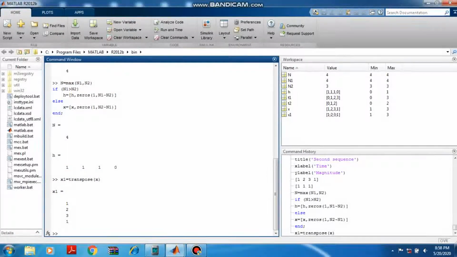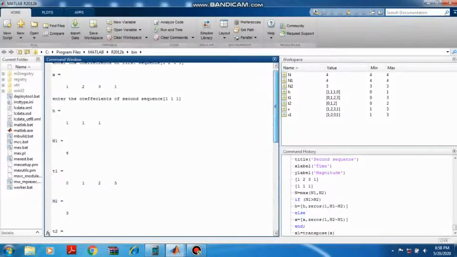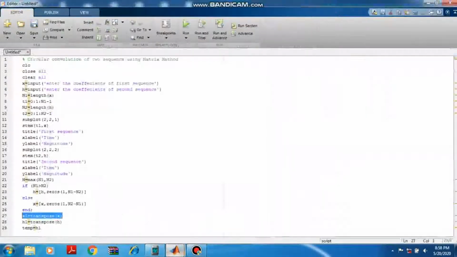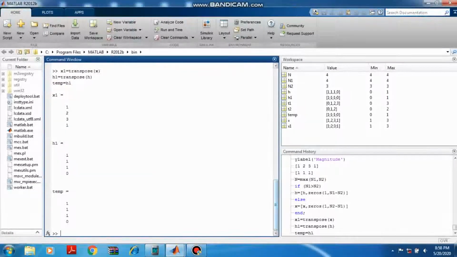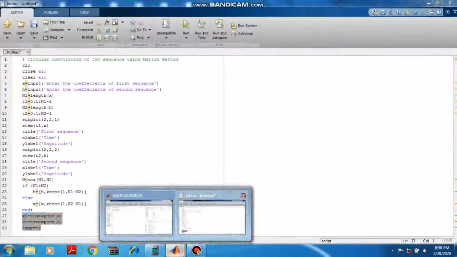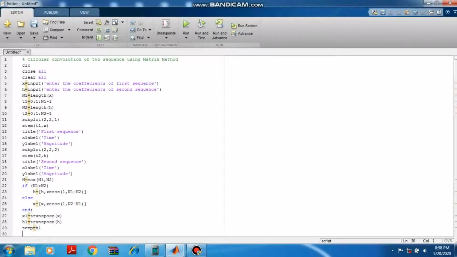See, x was 1 2 3 1. Now I have given x transpose, so your row matrix is now converted to a column matrix. Up till here these three statements I'll evaluate. Now the same h1 I have stored in the temporary variable. Why I have done this I'll tell you as we go ahead.